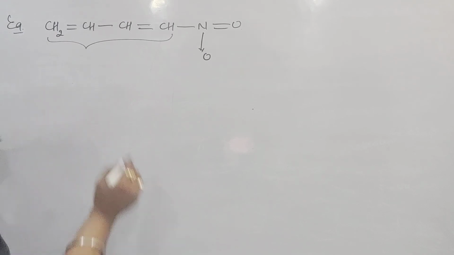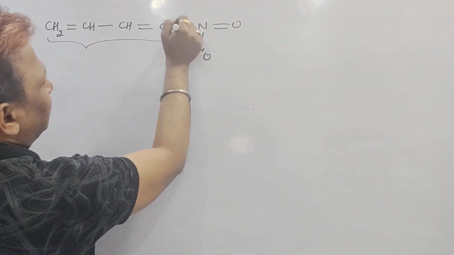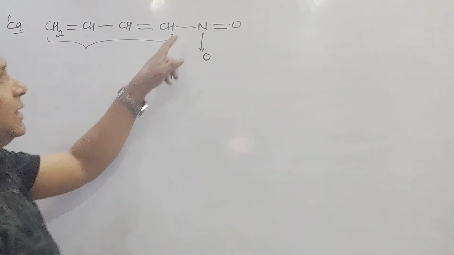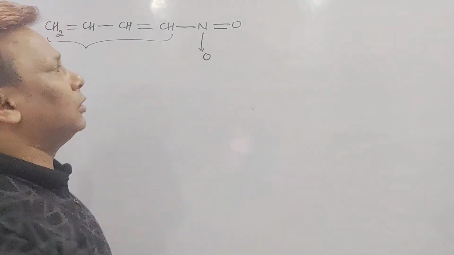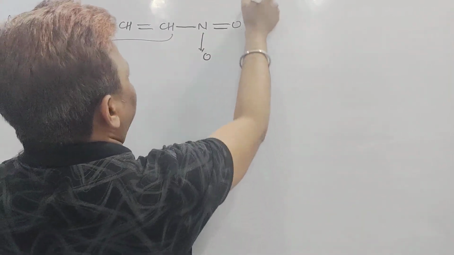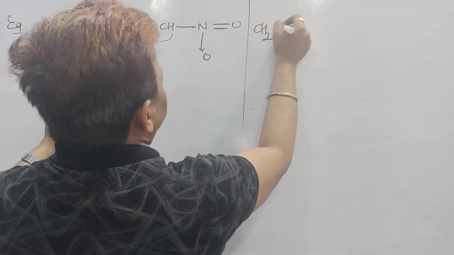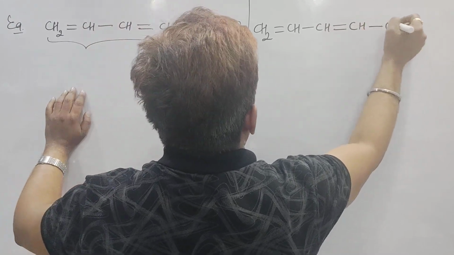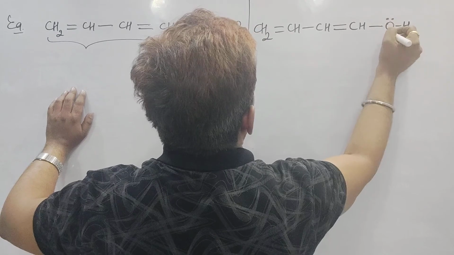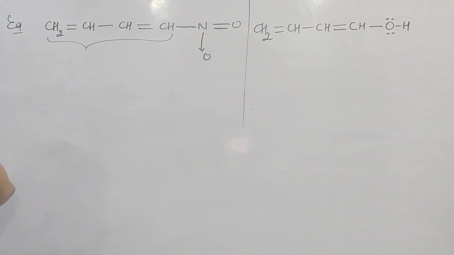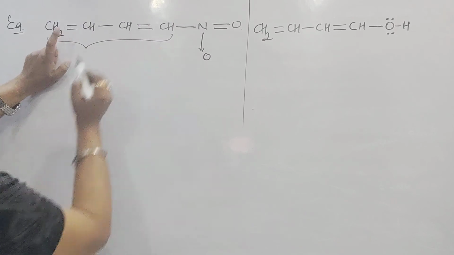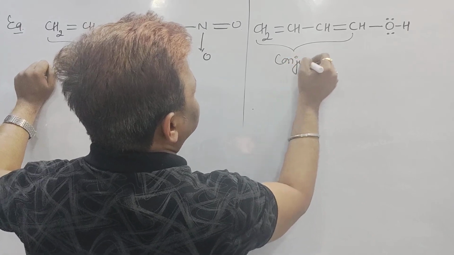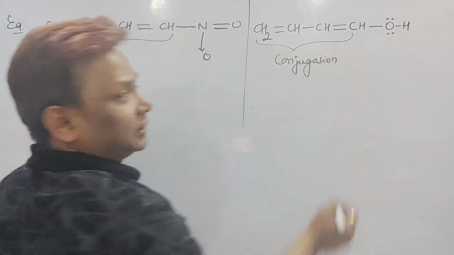So this has a conjugation of pi sigma pi, and now it is attached with the atom, and did you see that the atom is having a double bond? As the atom has a double bond, it has a tendency to withdraw electrons. Right? One more example I will write on the other side. It is CH2 double bond CH single bond CH double bond, then CH single bond, then OH, and this is the lone pair. Now in this case, once you see, pi sigma pi conjugation, pi sigma pi up to here, it is also having a conjugation.